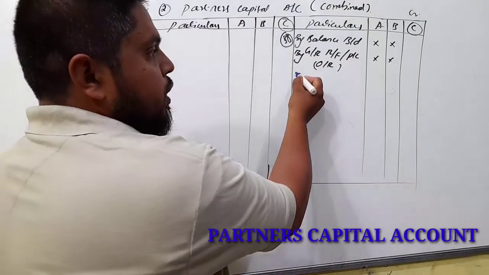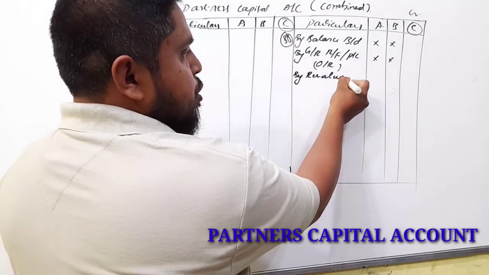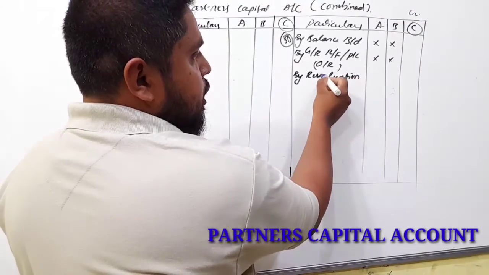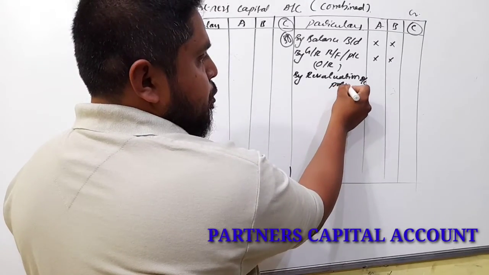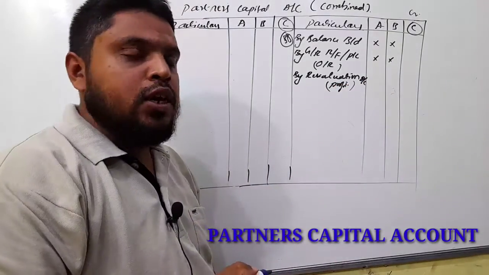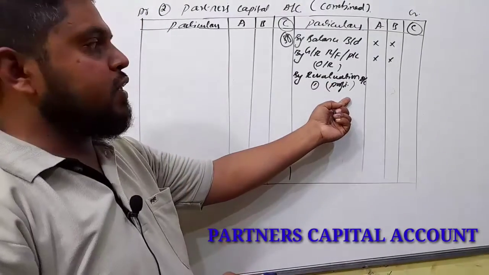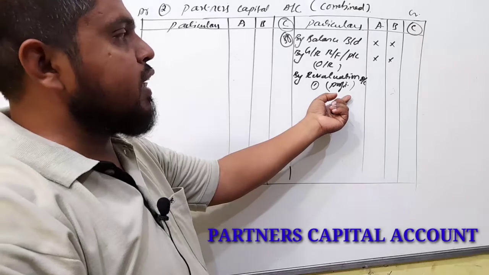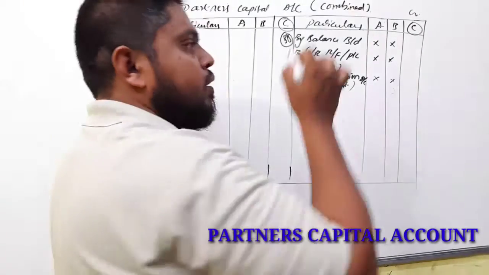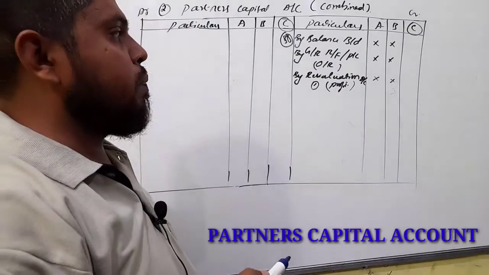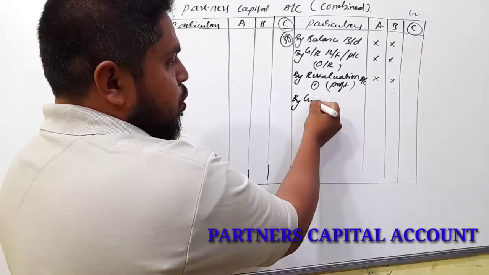Now, come to the first step, revaluation account. If you get profit, this profit we have to record on the credit side. This profit, as per the first step, you will get on the debit side. Here we have to transfer it under partners capital account, credit side, the amount of two partners, that is, old partners. Then next, goodwill,